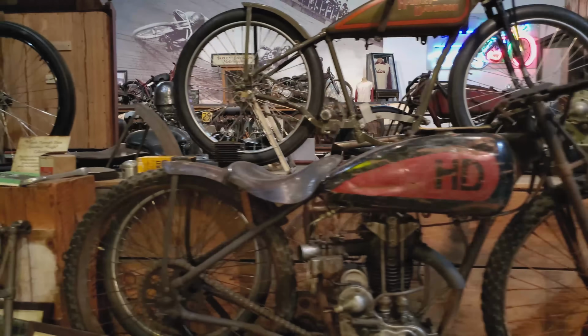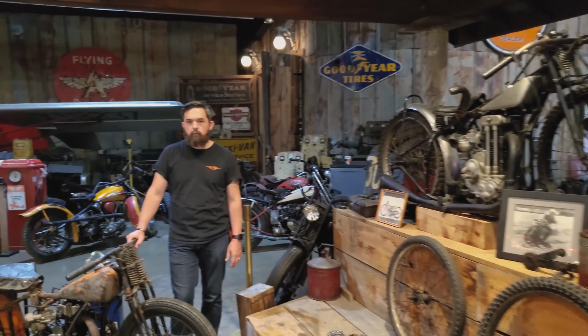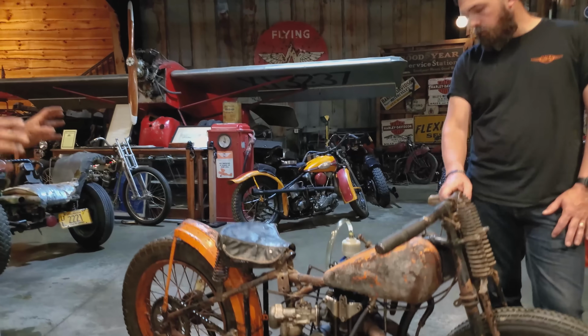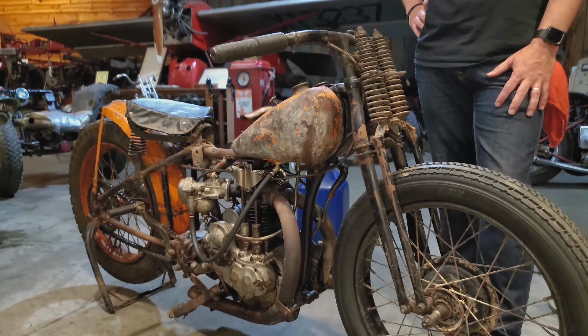We're talking more rare American racing motorcycles today. We're in the TT Racing exhibit highlighting Peashooter motorcycles. Chris and I have just got down this 1928 short track speedway machine. Excellent history behind this bike we're going to share with you momentarily and get the bike fired up for you